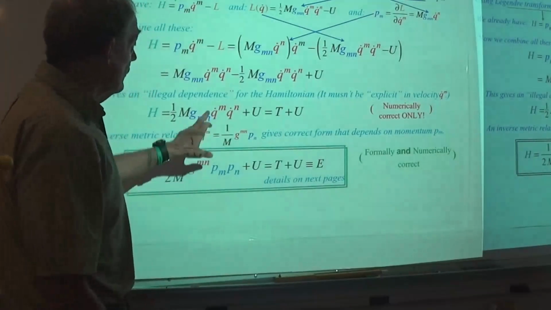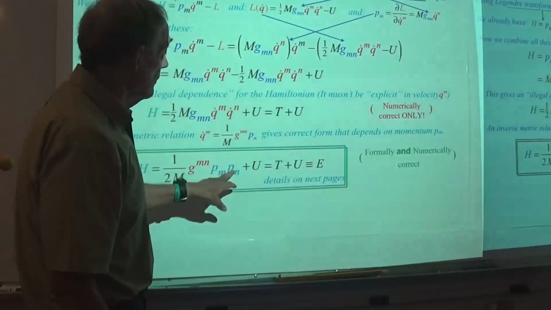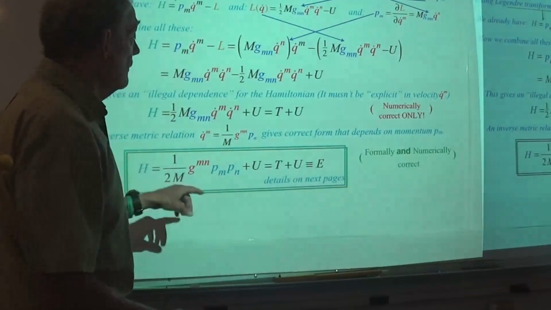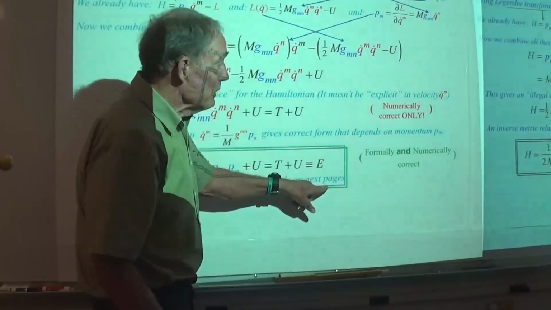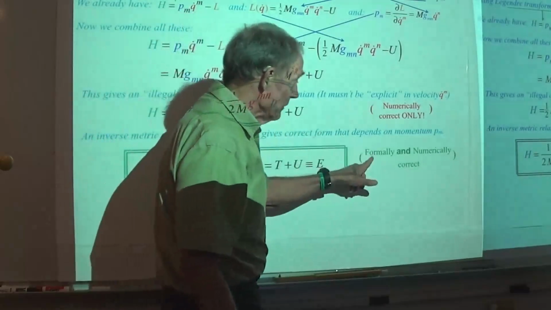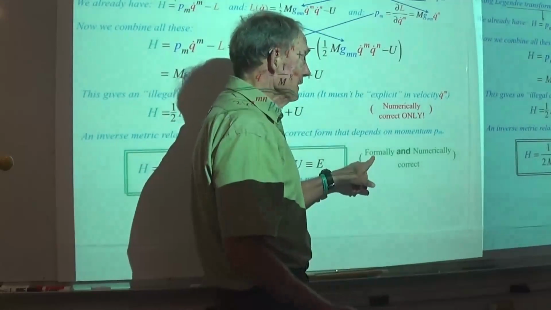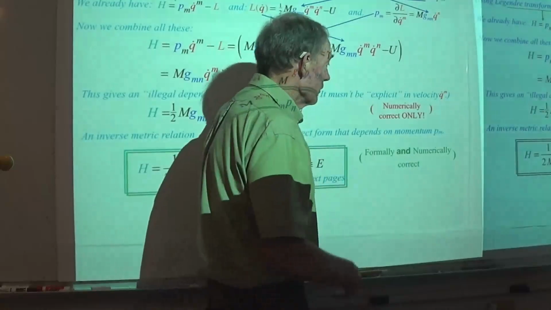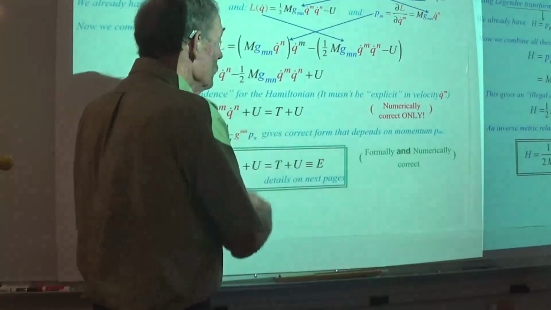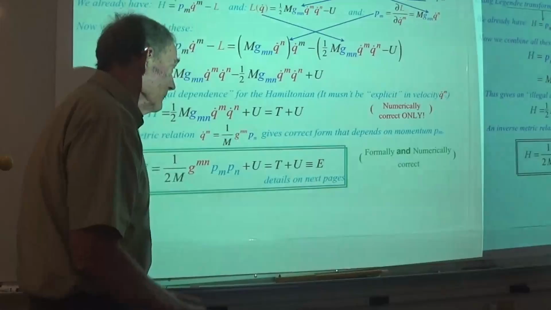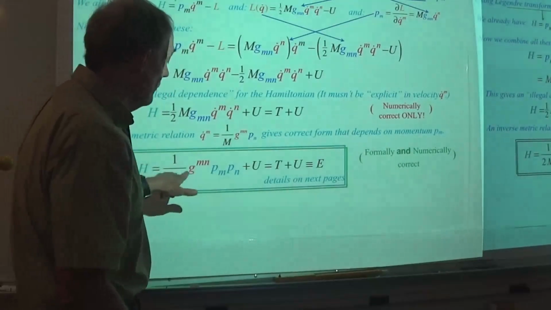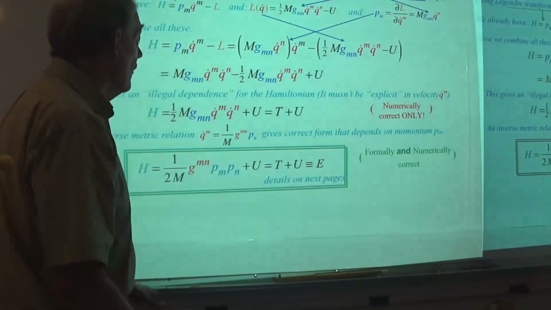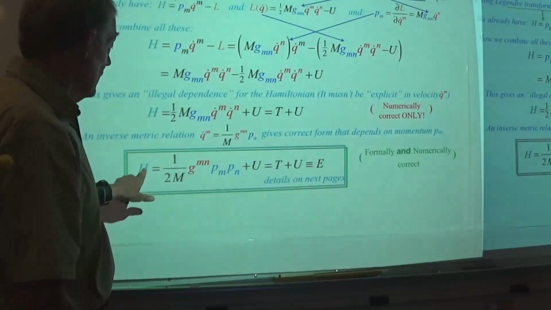So I can replace these velocities here with something that involves momentum. The details are on the next page, but this one is both formally, that is differentially, and numerically a correct equation. This one's true numerically, but misleading, because the important dependency on momentum is really key to